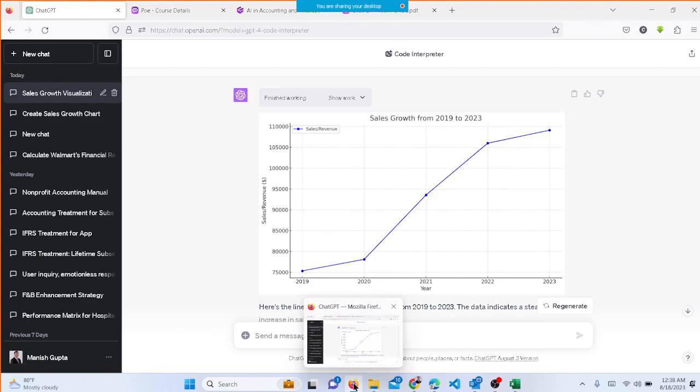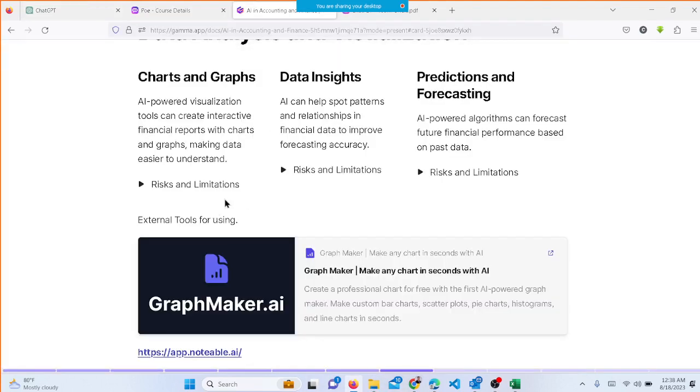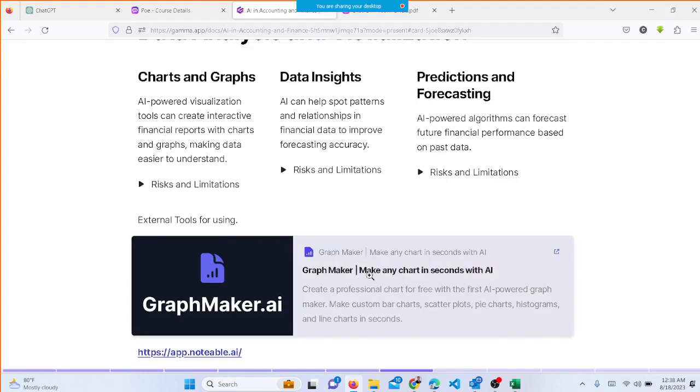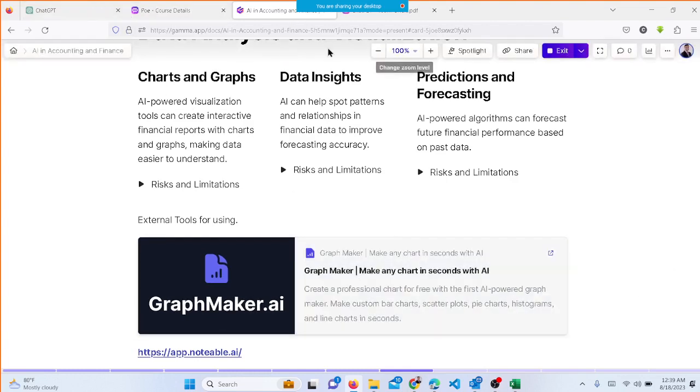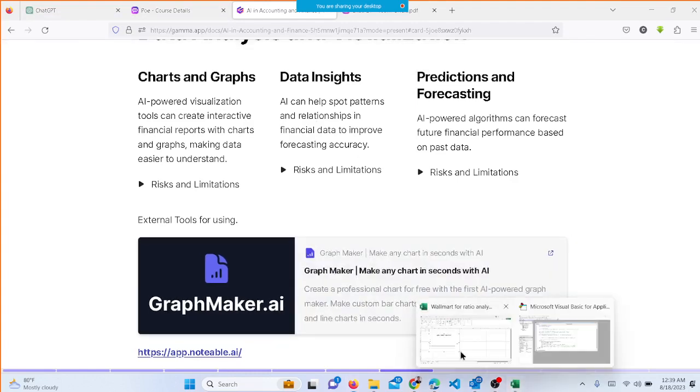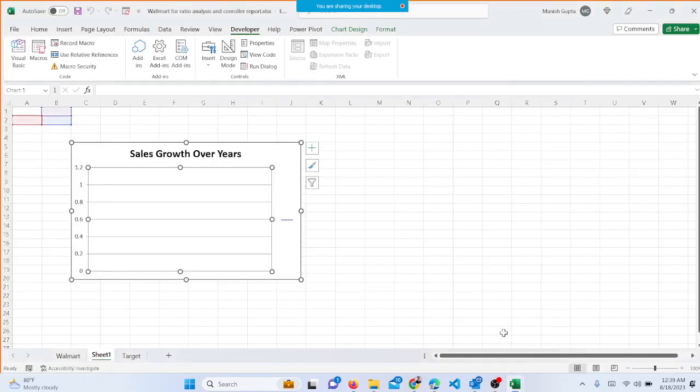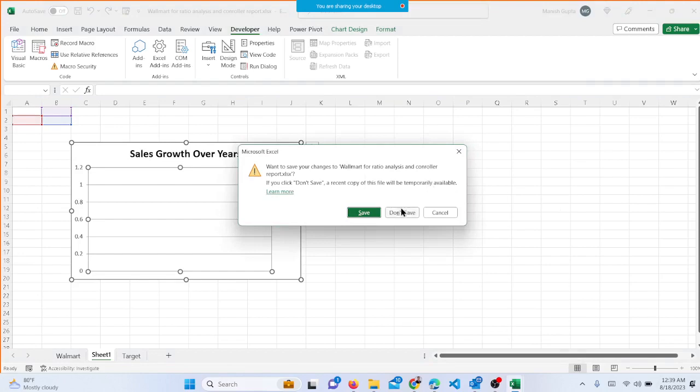So there are some other tools which are useful if you would like to make charts and graphs, like Graph Maker. This is a separate app which can use the data, but you have to give the data to it. Or you can use the code interpreter. You can give it a file. Let's say we give it a file again. We go to code interpreter, we close this file, don't save it,